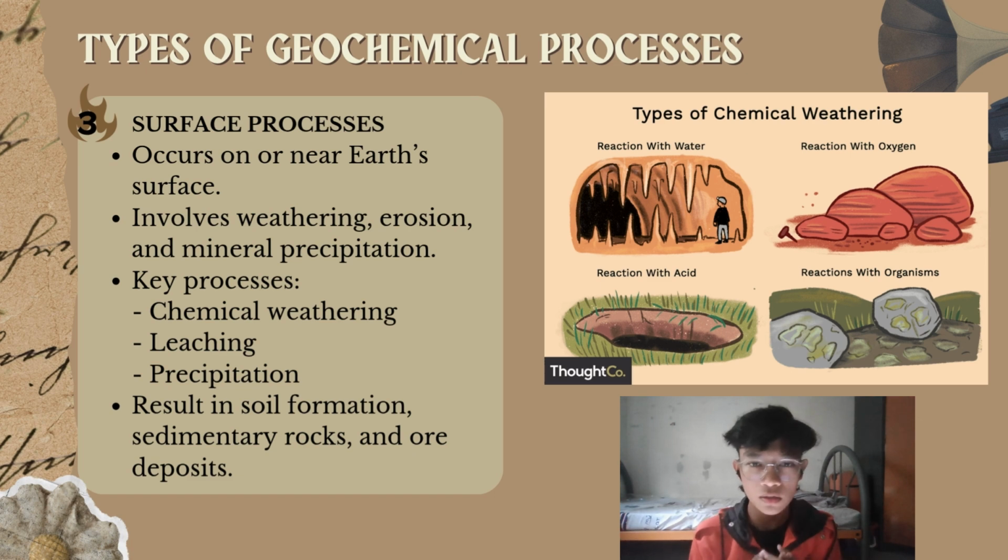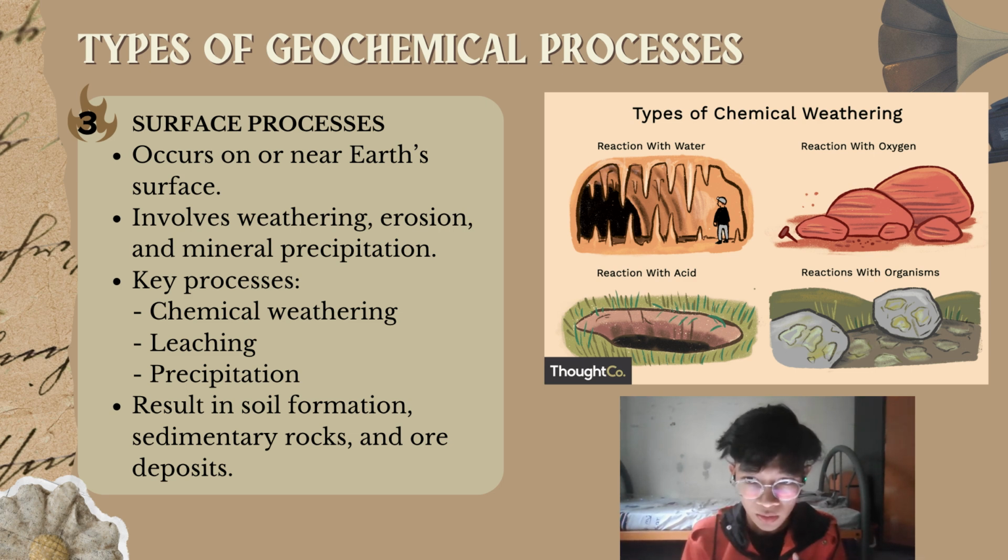Surface processes occur on or near Earth's surface and play a crucial role in shaping the landscape we see around us. These processes involve weathering, erosion, and mineral precipitation, all of which act on rocks and minerals exposed to the surface. Key processes include chemical weathering, where minerals break down due to reactions with water and gases in the atmosphere, leaching, which removes soluble elements from rock or soil, and precipitation, where dissolved minerals come out of solution